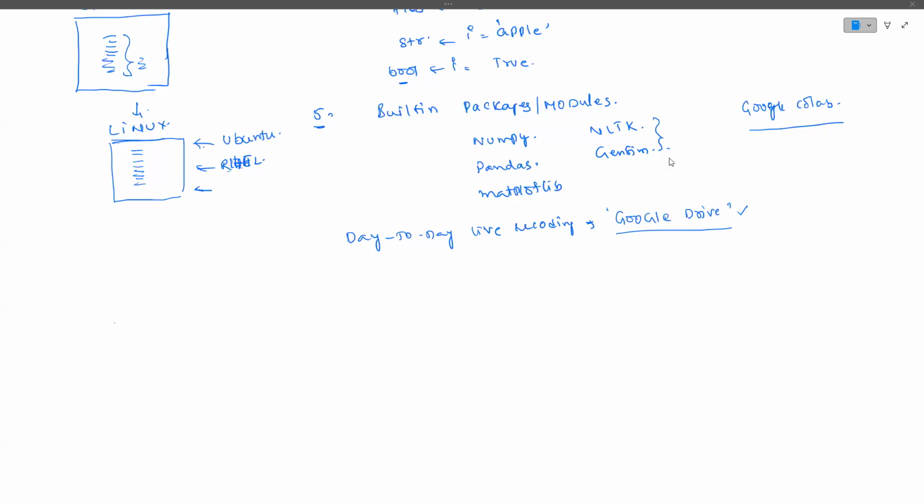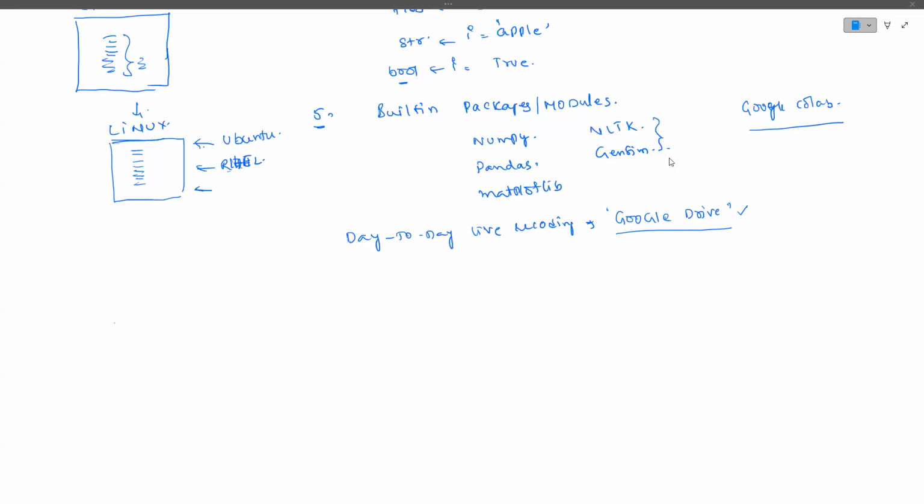Whenever you want to work with multiple environments like that, it is better to use VS Code, because in VS Code we can define multiple environments. So at a time you can work with Python 3.10 and 3.13. That is the reason it is better to use VS Code in some kinds of development.